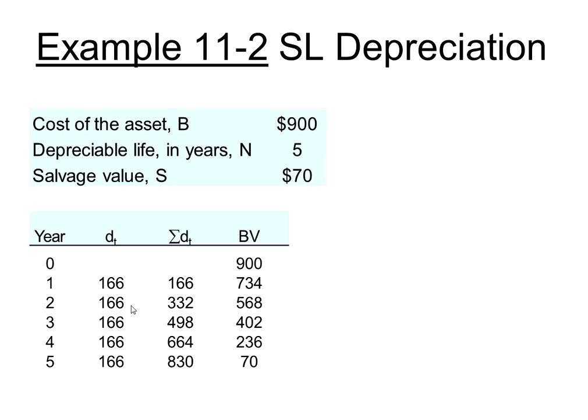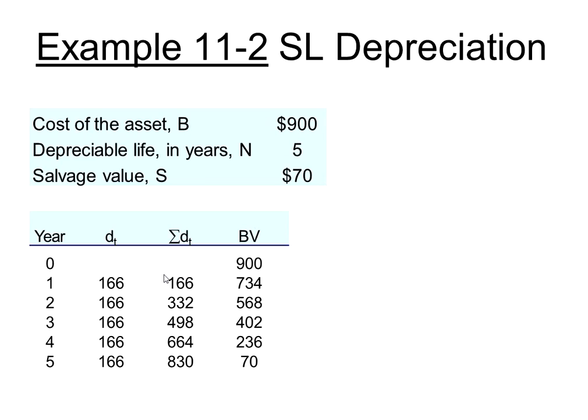Then by year 2, it's the sum of everything before year 2, so it's 166 plus 166, so this is 332. By the end of year 3, the sum of DTs is 166 plus 166 plus 166, that's 498. And then the book value is similarly determined, right? We start at year 0 with the basis, so the book value is equal to the basis,